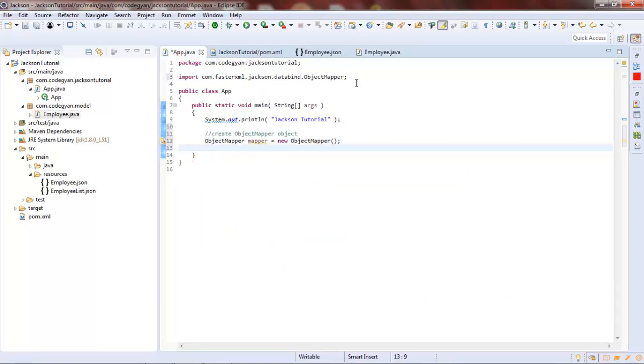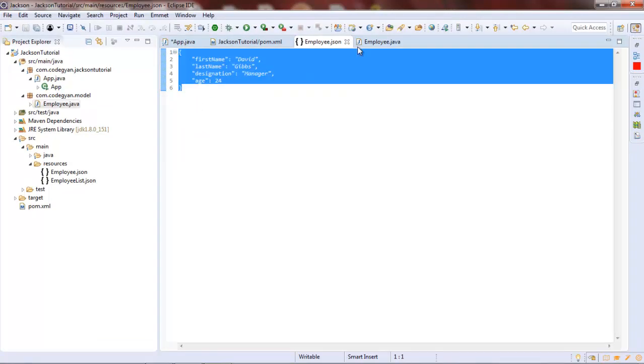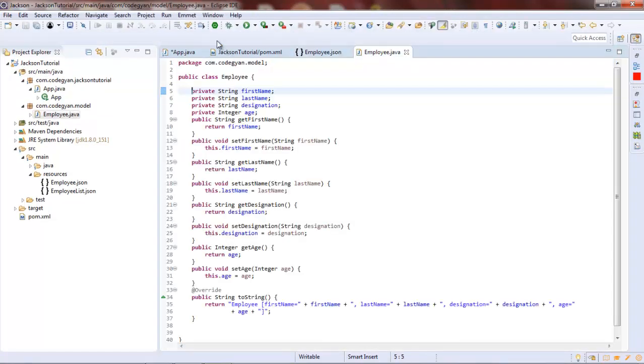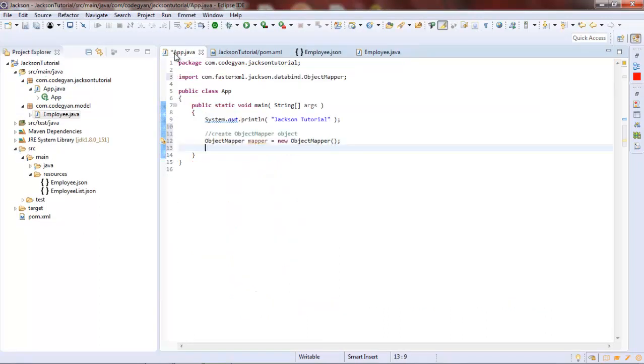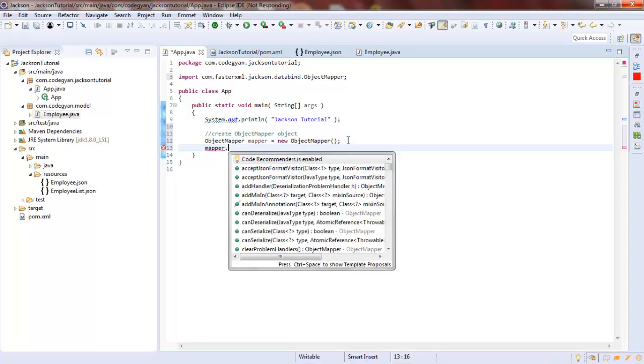So let's start. We will try to convert this JSON string into the employee object. As I have told, this mapper object will provide us all the methods for parsing the JSON string.